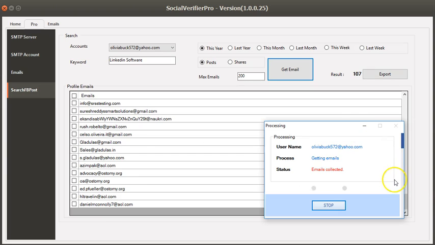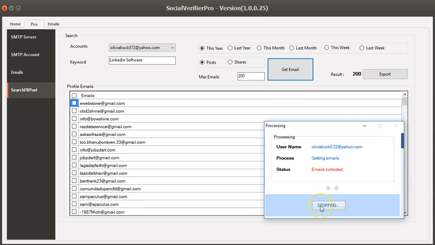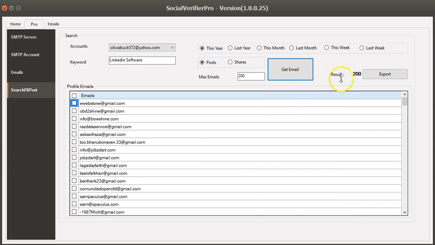And so it's going to stop here. There we go. Okay, so the final result is 200. So LinkedIn software for the last few months, anybody who posted about that, and these are the different email addresses, and we got a 200 result. So again, I could set it higher,